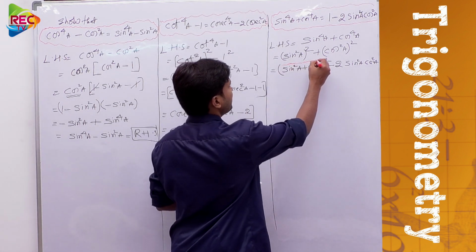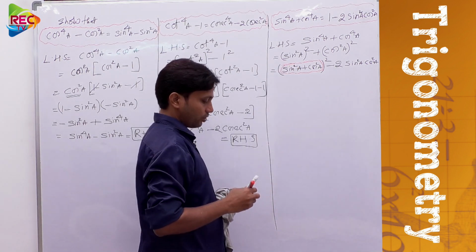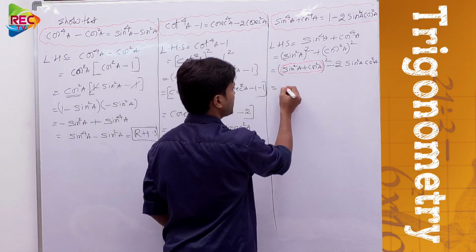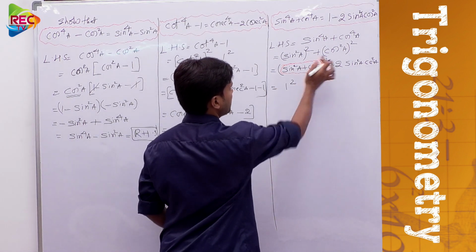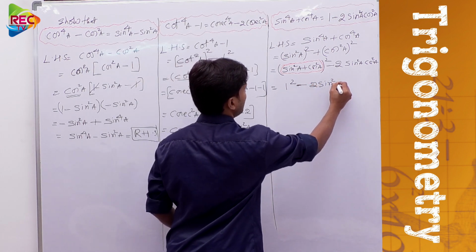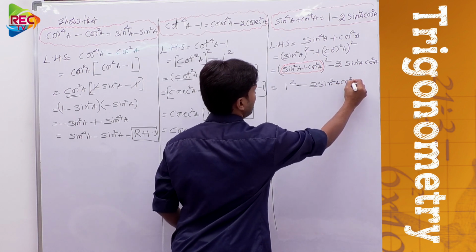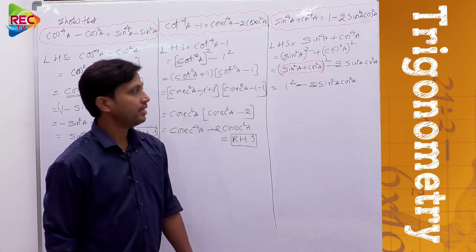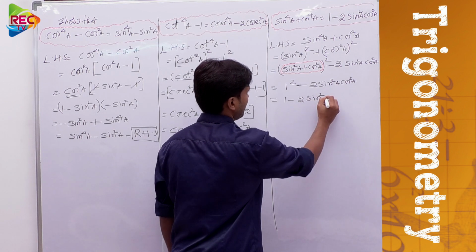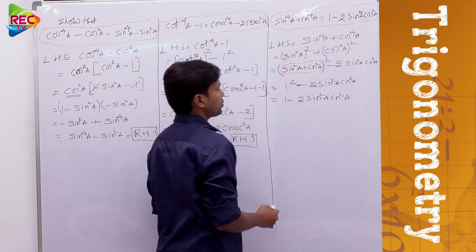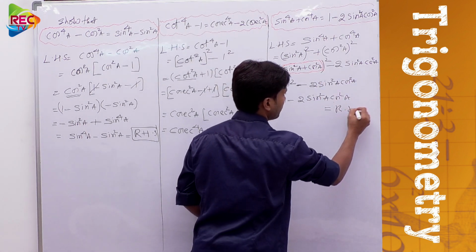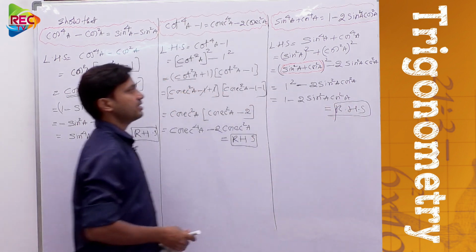See here, is this a trigonometric identity or not? So, this is a trigonometric identity. What is that? Sin square A plus cos square A. And the value of this would be how much? 1. That is 1 square. The value of this would be 1 square minus what? 2 sin square A cos square A. That means 1 square is 1 itself, no? 1 minus 2 sin square A cos square A. So, I think we obtained our required answer, which is the RHS part. So, we obtained RHS here also.